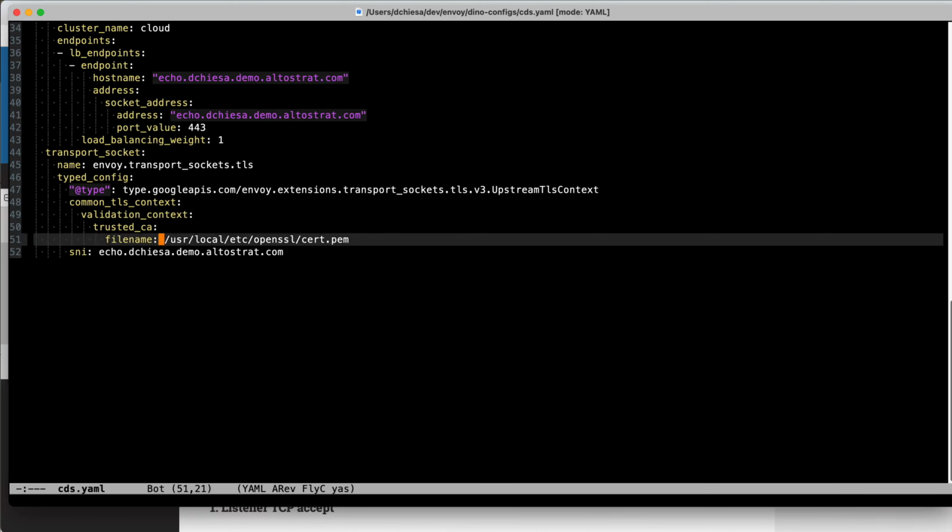So let's see it working. I'm going to start up Envoy. I'm going to point it to this dynamic configuration. It's going to read the listener and the cluster definitions, and you'll see it start up. After Envoy starts, we'll be able to invoke those endpoints. But in the meantime, let me show you